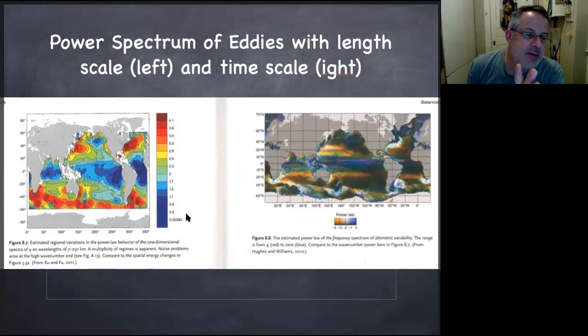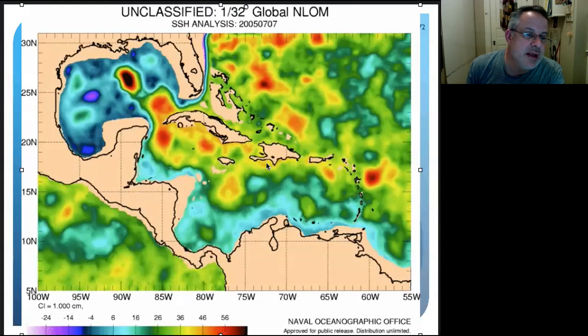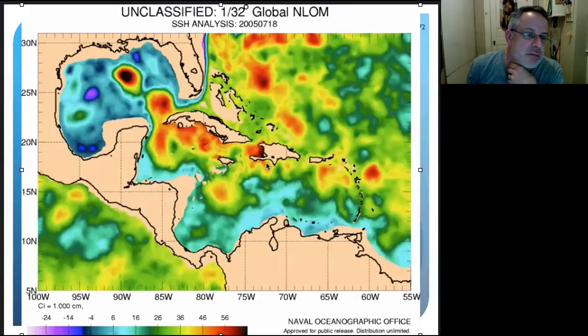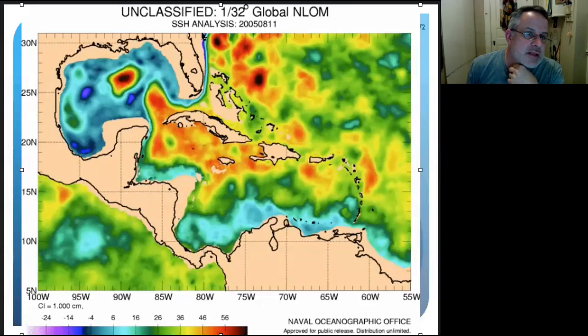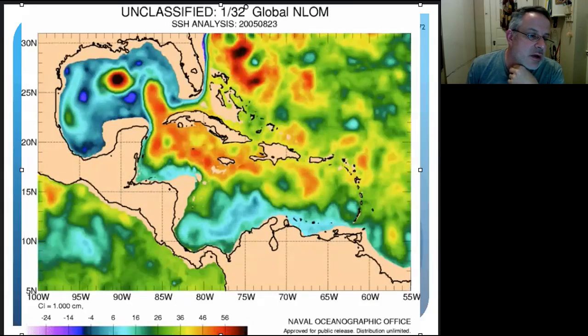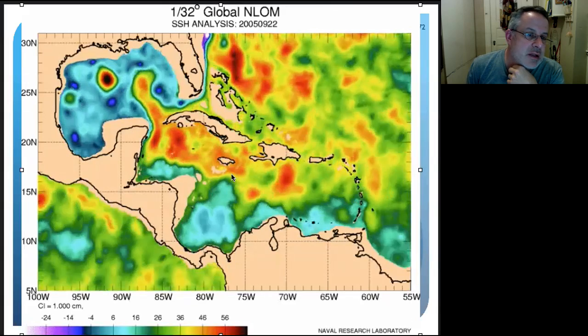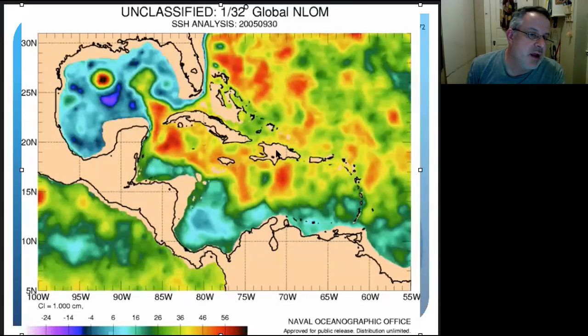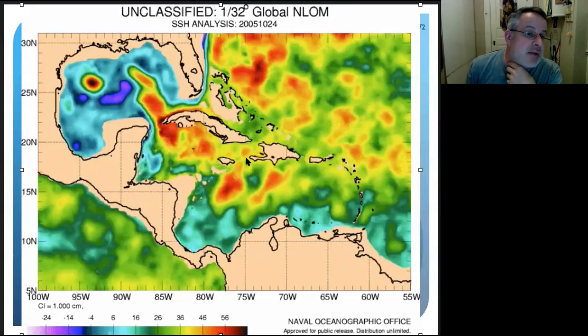And there's a lot of complexity, which Wunsch talks a lot about, what the power spectrum is of the eddies and length and time scale, what they look like. Here's another movie just showing some more eddies zooming around, loop current eddies doing their thing. This is from a high resolution model, which is also assimilating sea surface height. Unfortunately, the version of ECCO we're using is not of sufficient resolution to have these eddies really represented.